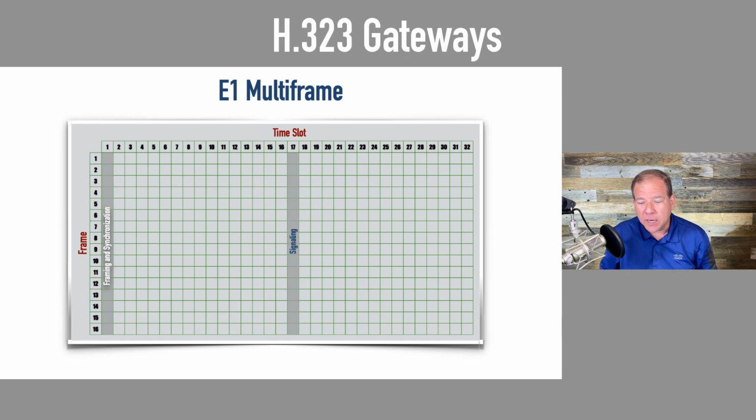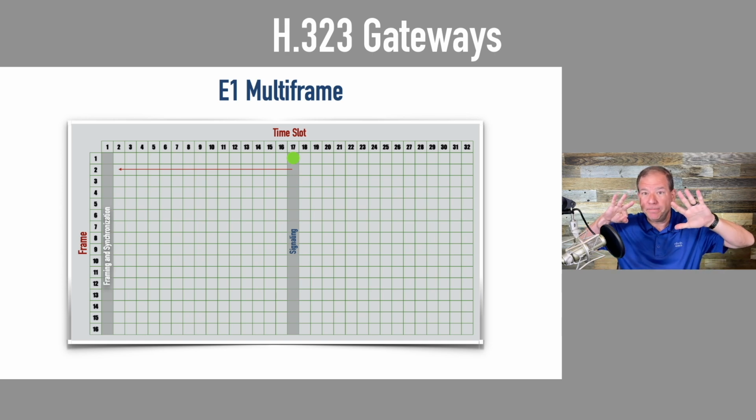Here's what happens. In that very first frame in this multi-frame, we have a series of bits in channel 17, and I hesitate to call it channel 17 because it depends where you start counting at 0 or 1. It depends if you count that first channel or not, but I'll say in the 17th channel, we're going to say, here is the beginning. It's like announcing, here is the beginning of a multi-frame. And then in the second frame in that multi-frame, in that 17th channel, we've got